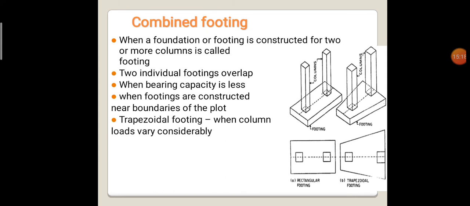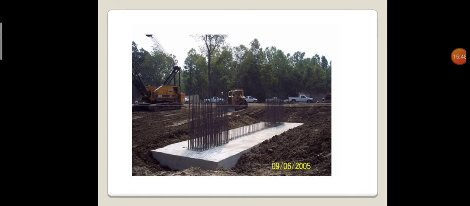So next, the third type, combined footing. As its name represents, here we are adding one or two columns in the same footing or same foundation, and it is known as combined footing. The structure of footings may vary, but we are carrying two columns in the same footing. That is the main thing. So this is the example for the combined footing. Here we are having only one foundation with two columns.